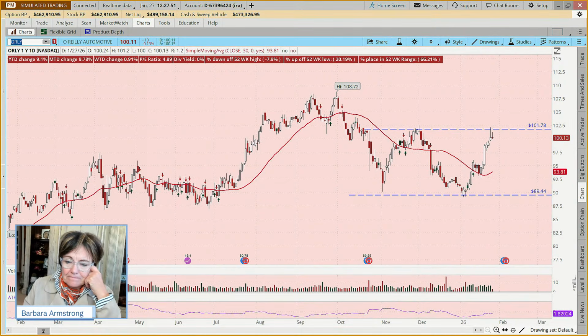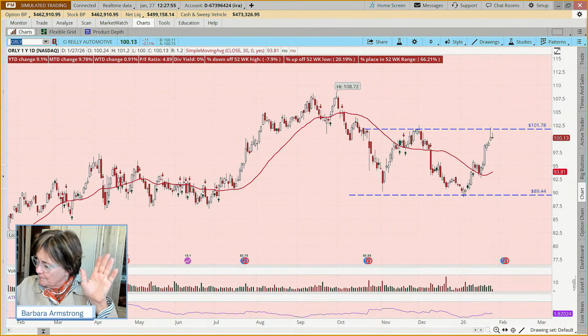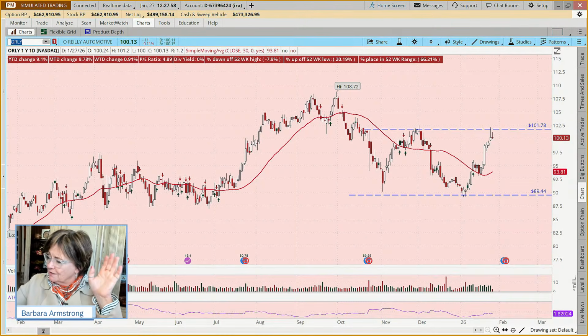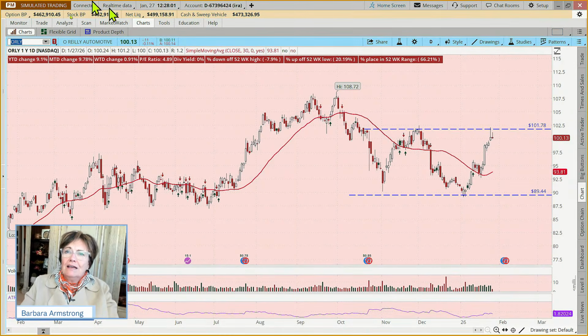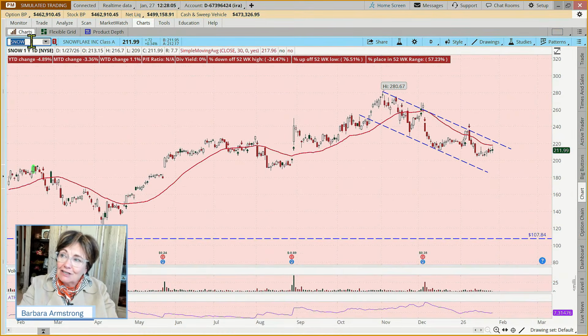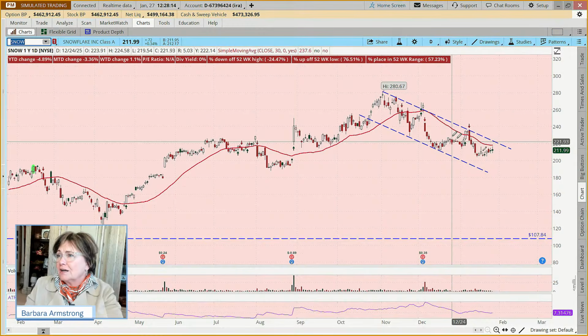Okay. Now I want to look at a couple of bearish trades, and then we'll start looking at the ones on your list. So let's look at SNOW. Now, a lot of you are buried in this stuff. This is actually not like a skier's stock or a mountain resort stock. This is a tech stock, but if we look at, remember we talked about channels.